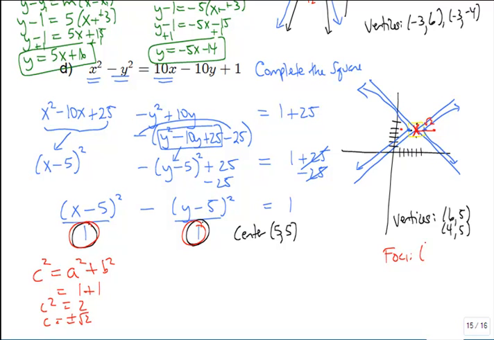So how would I figure out what the coordinates of this point on the right is? Well, it's what the center was originally, which was 5, 5, and I'm adding to the x value that root 2. I'm not changing the height at all, so the height is still 5. To go the other way, to get the other foci, we're going to still start at 5 for x, but this time we're going to subtract that root 2, that c value, and we're still staying at a height of 5. So your foci should always be your center plus or minus your c. Okay? Alright,